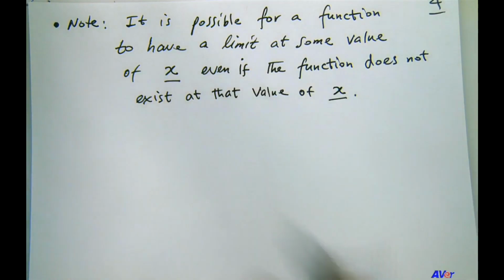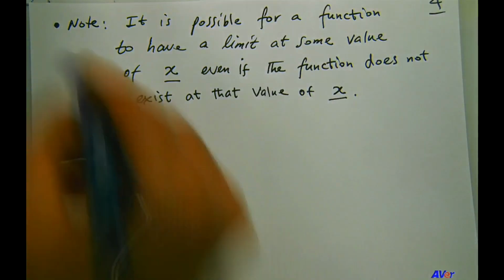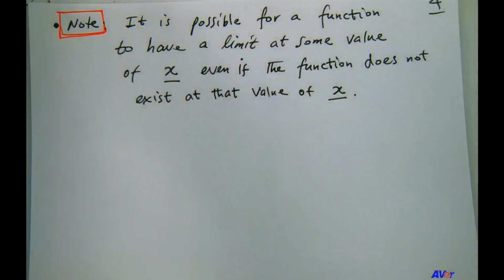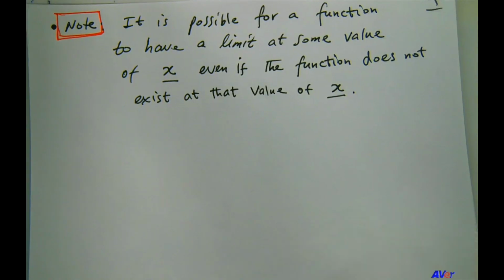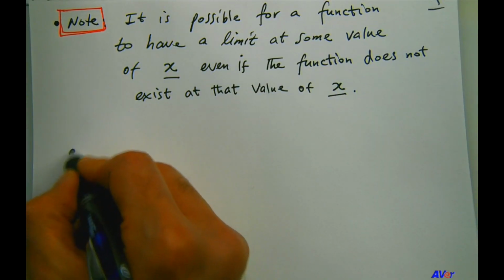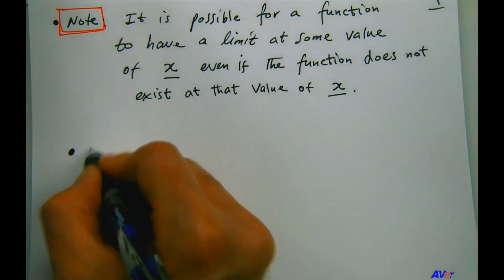Okay, this is just writing in words the same conclusion that we just arrived at. Very important. It is possible for a function to have a limit at some value of x, even if the function does not exist at that value of x. We've just seen an example of that. Another note or another takeaway from this is that